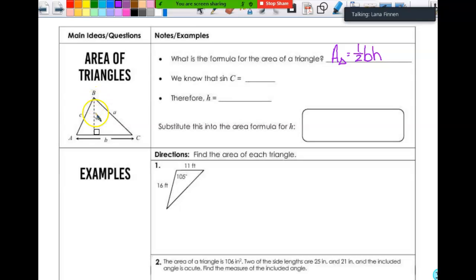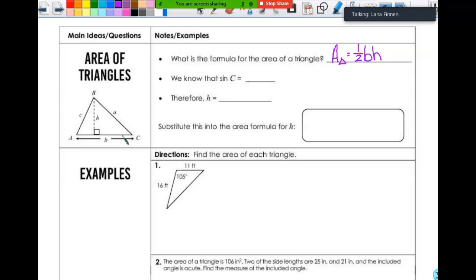I can't just draw this in and assume that this is going to bisect this side, because it doesn't. And I got some of you in a little bit of trouble with those application problems because you were drawing in a height and then trying to make it bisect the bottom, and that doesn't happen unless that's an isosceles triangle. So we're going to use the trig that we know to figure out what we could do if we